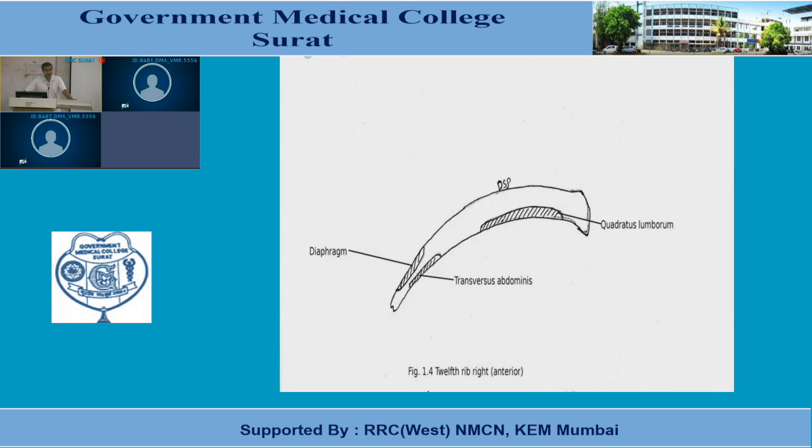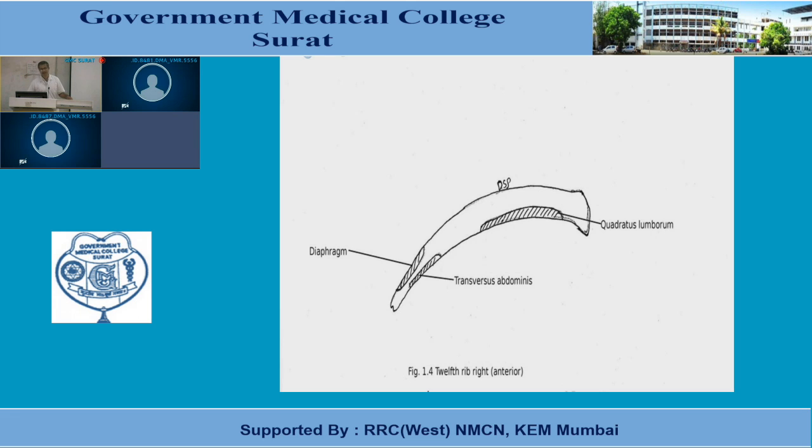In the 11th and 12th ribs, the ends are present in the muscles of the back, covered by a cap of cartilage. There is no direct articulation or attachment of these 11th and 12th ribs with the sternum, but their lateral ends are present in muscles and covered by cartilage. These are very small ribs.